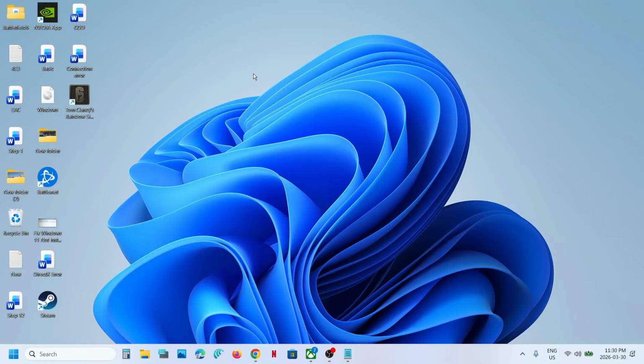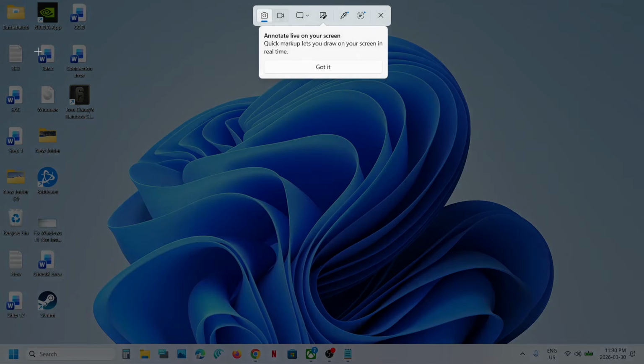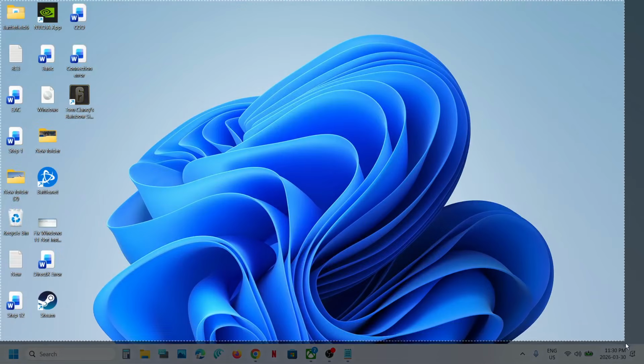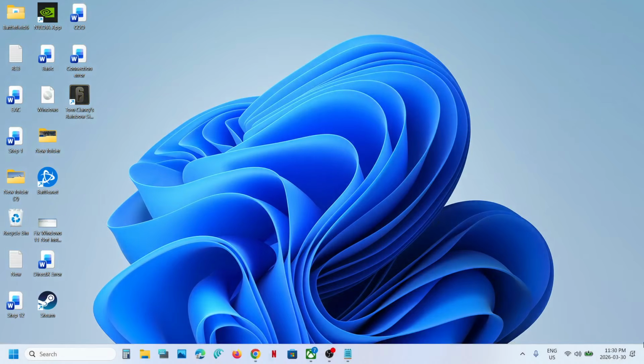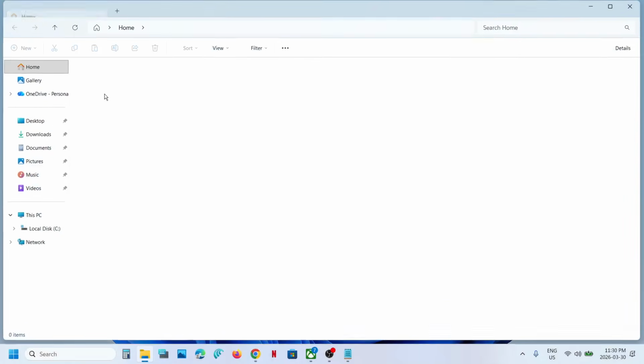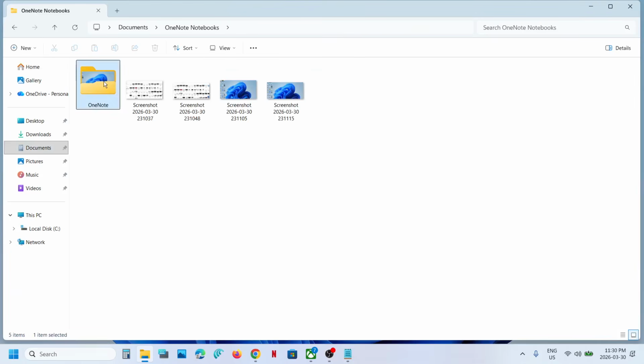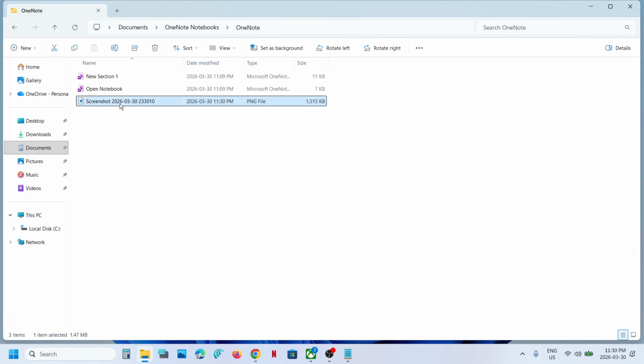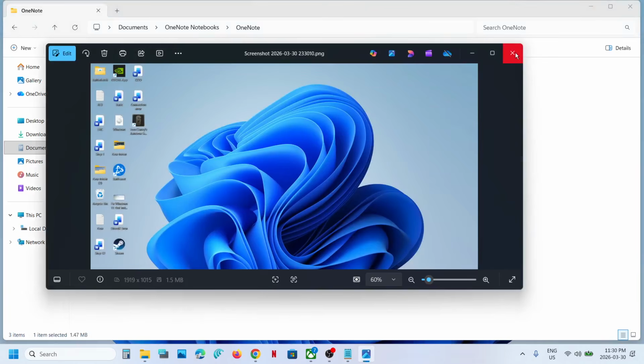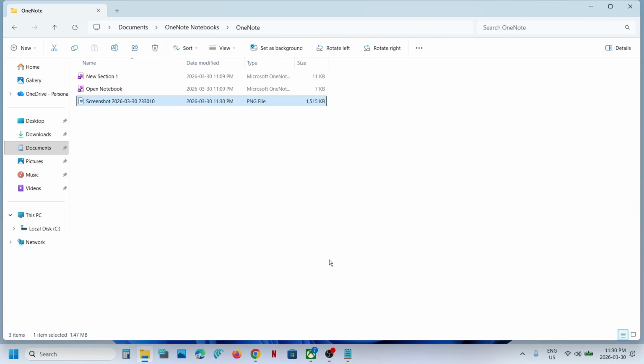So when you take a screenshot, like when you use the snipping tool, it's going to OneNote. In my case, if I go to OneNote, here you can see that the screenshot is here. It's going to OneNote. Now if you want to fix it, first of all, you can type in snipping tool